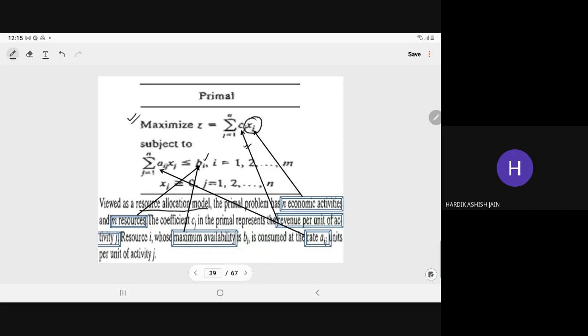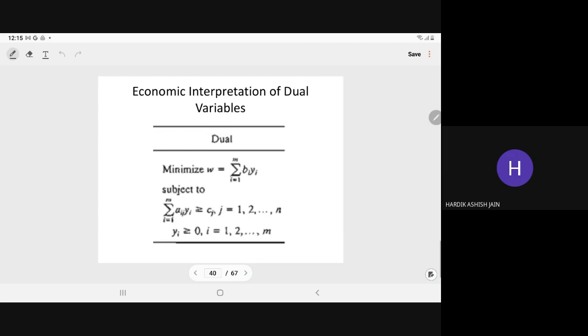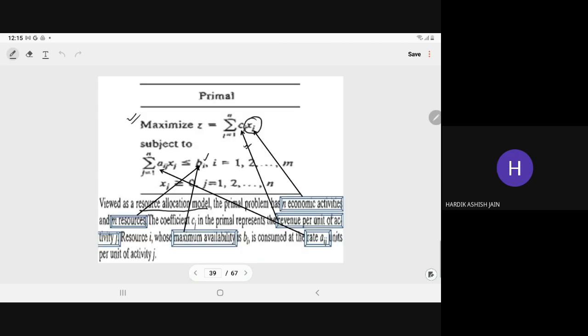So if you write its dual, here we have the dual. The primal is easy to understand for its economic interpretation. Now we have the dual. In this case, maximize will become minimize. And here we have the bi. For each constraint, we allocate one dual variable. So it will become bi yi, and i varies from 1 to m. Total m constraints we have. Subject to, now column wise we write.